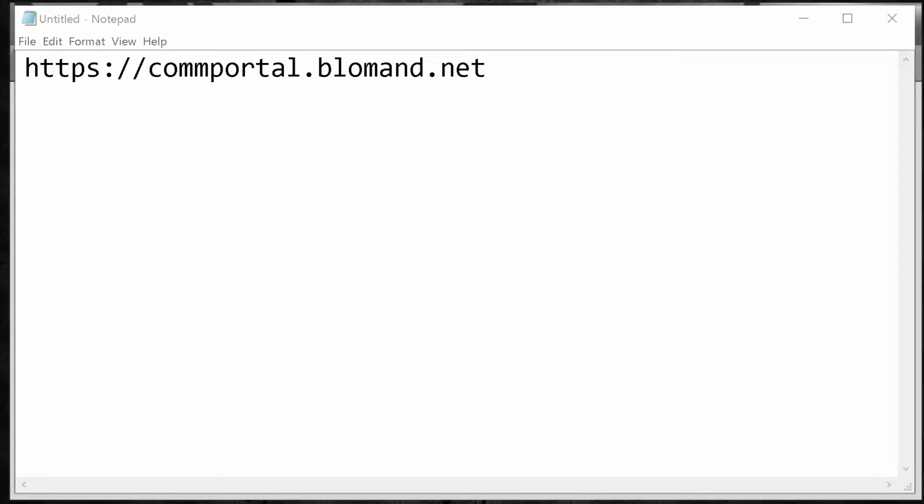Today we'll be going through the Commportal Auto Attendant and looking at its configuration and how to make changes to it. First thing you'll want to do is go to